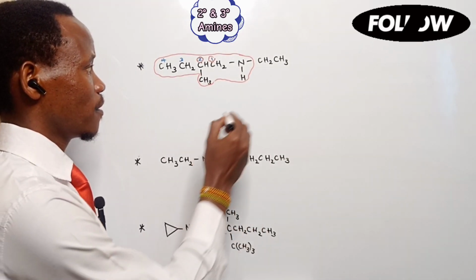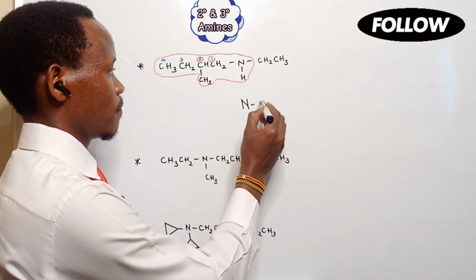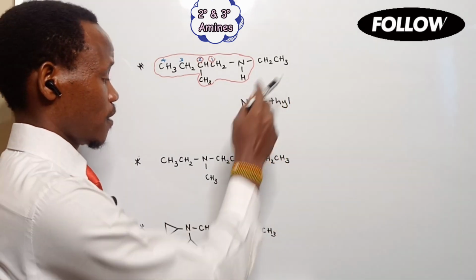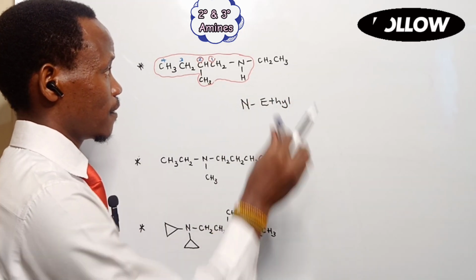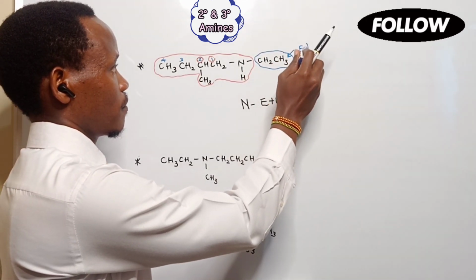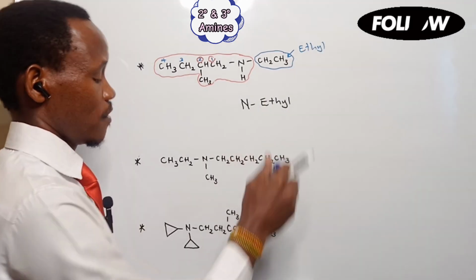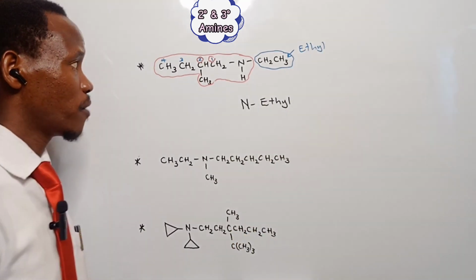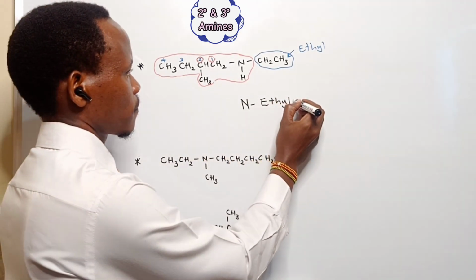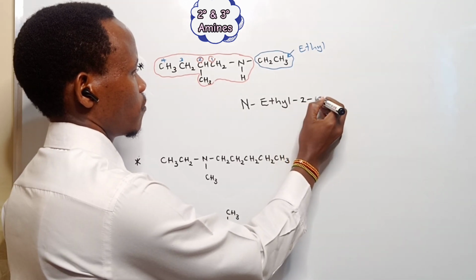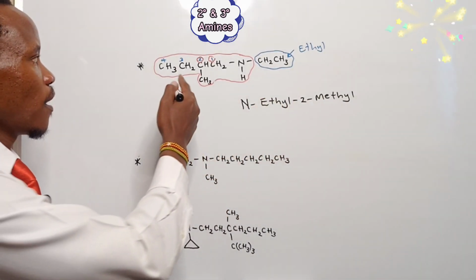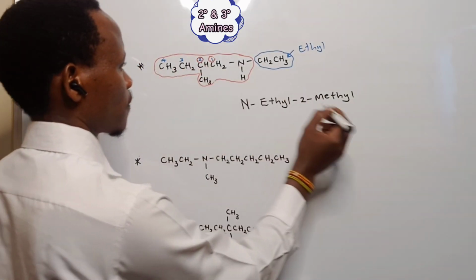The name therefore becomes N-ethyl. Now, in that we have taken into consideration this is the ethyl group that we have written here, followed by the parent name. What is the parent name? The parent name is from here, the parent name is 2-methyl, and then this becomes